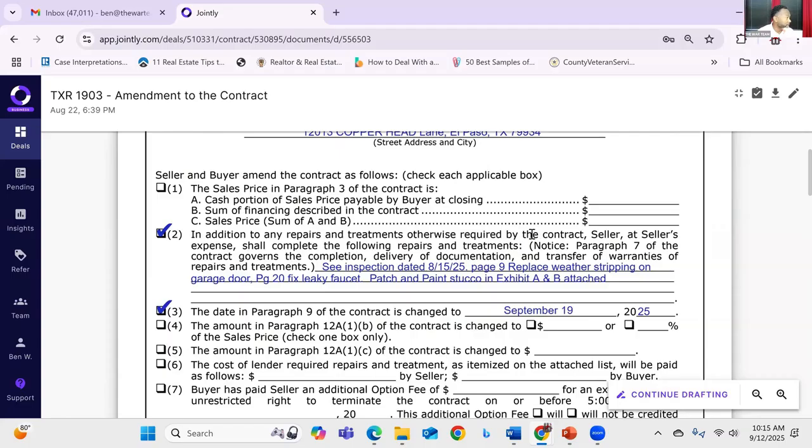Does that make sense? Now, if you really wanted to detail it down, because I'm not a big fan of giving the listing agent the full inspection, right? You go other places in the other parts of Texas, they will get totally upset if you send them the inspection, right? Because now they have it. And so if the contract doesn't close with your buyer, they no longer can say they don't have an inspection report. They have to go back and have the seller fill out something and say, okay, hey, we do have an inspection report on the seller's disclosure. They got to do an amendment to the seller's disclosure to say, hey, we have an inspection